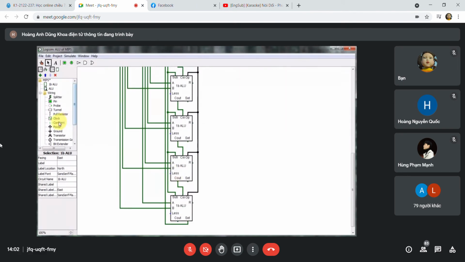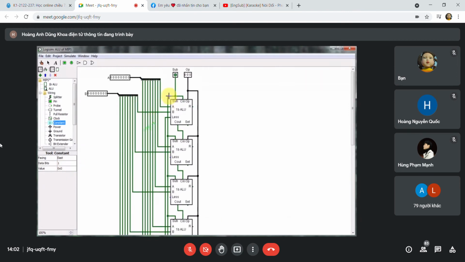Now, to do that, we've got a constant object, and this constant allows us to set a constant value. I just changed the value to 0 to all the objects that we want. So here it's a constant 0, and I'm going to connect every single one of the unconnected less thans, besides that very last one. So now that 0 is connected to the less thans except for the least significant bit,